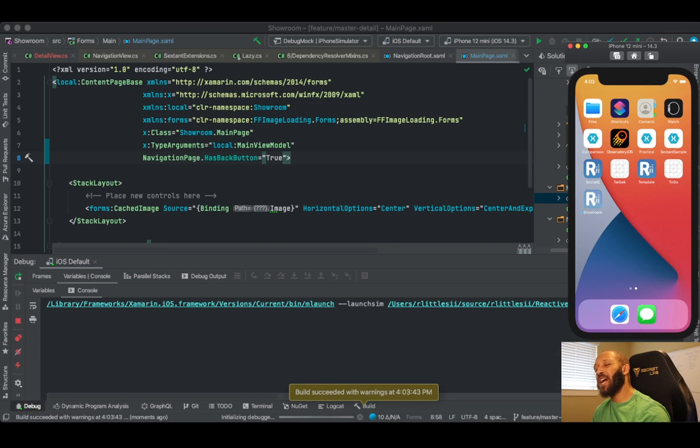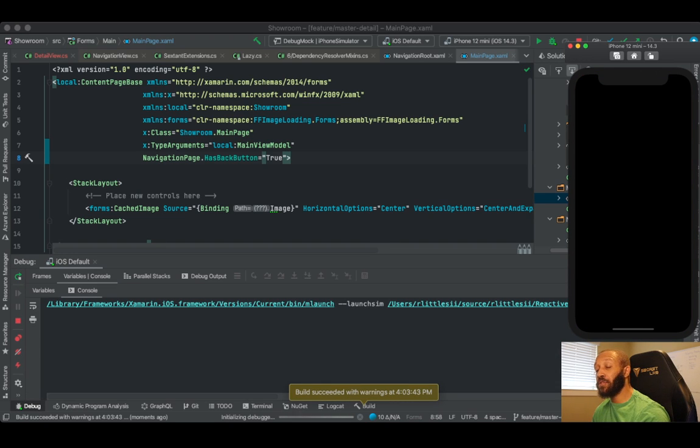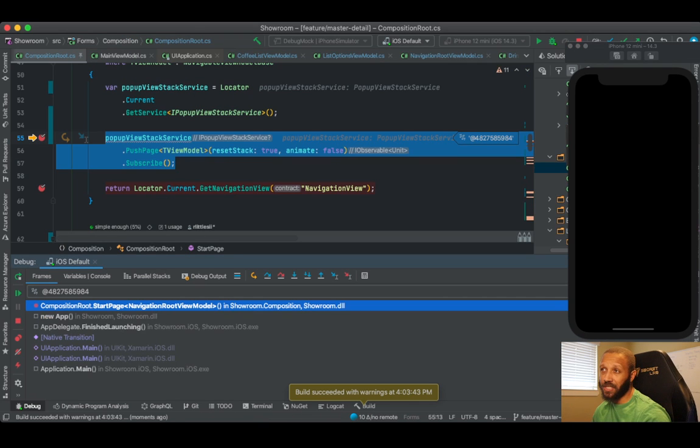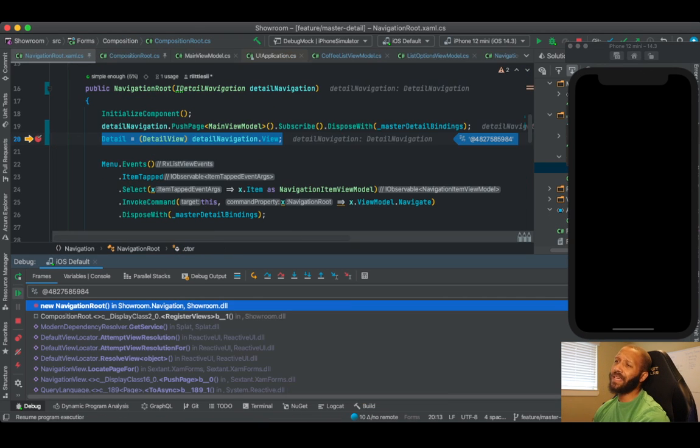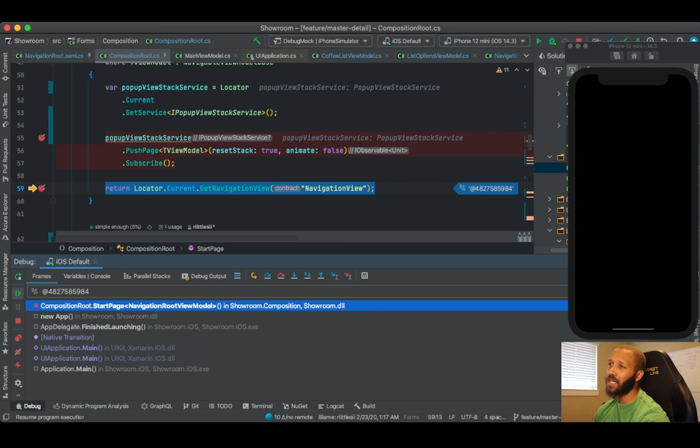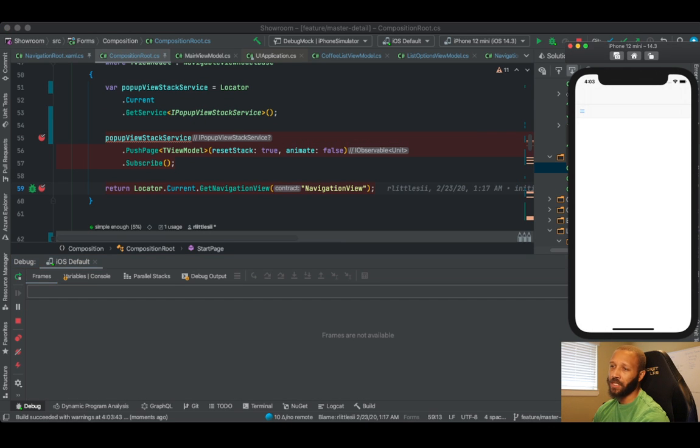See, if I don't use Shiny, I probably will use DryIoc, but if I'm using Shiny, then I'll use MS dependency injection. Only because, like, multiple cooks in the kitchen is something that just drives me crazy. So,